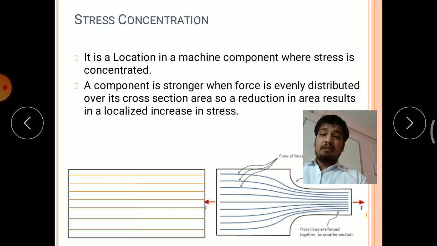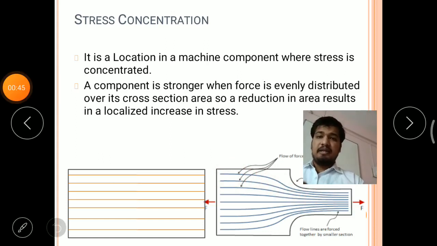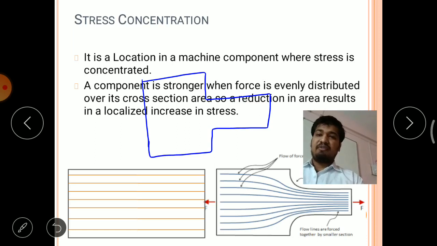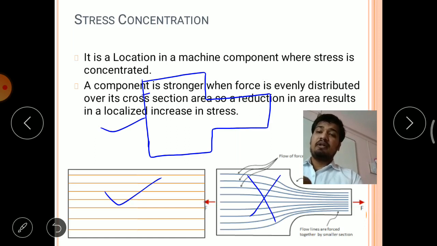Due to that, the stress concentration line is a smooth one. But instead of that section, consider when we manufacture the component in the way shown in the figure here. If we manufacture the component like this instead of the plate, what is going to happen? The stress concentration line, when it starts from this point, cannot pass through this section, because the metal is not available here, so the section is cut.